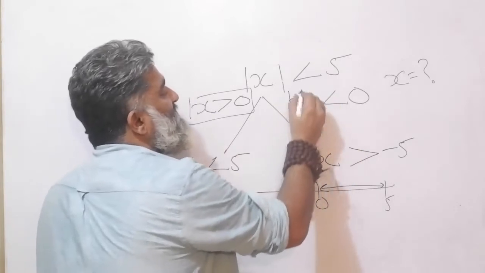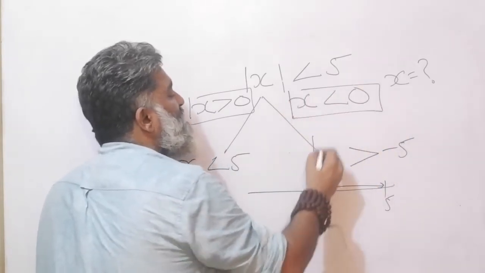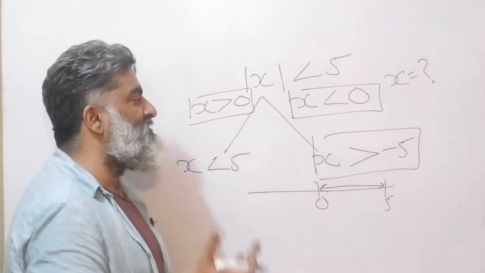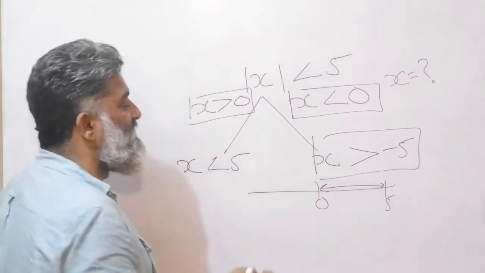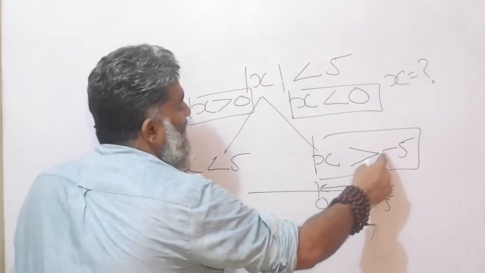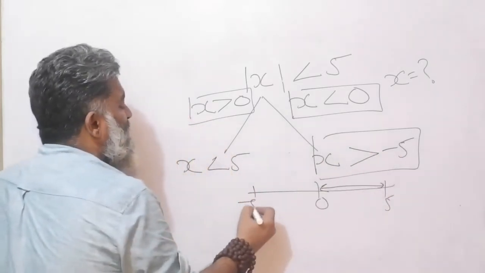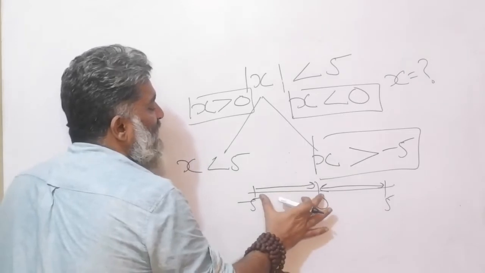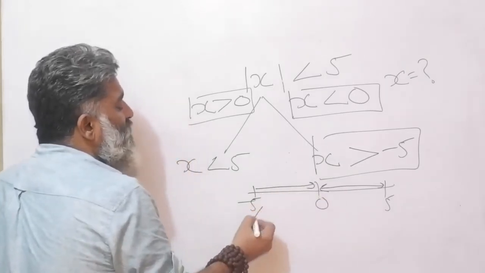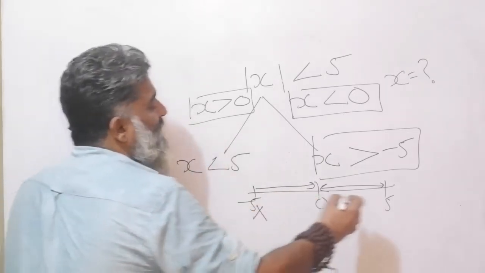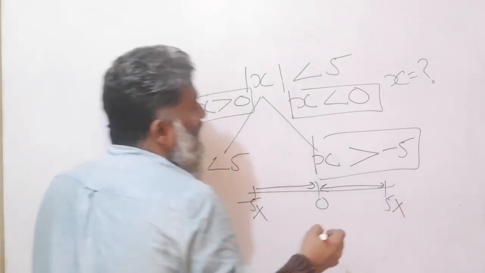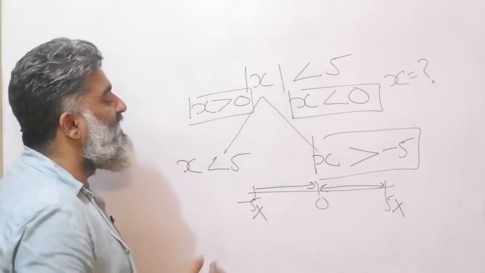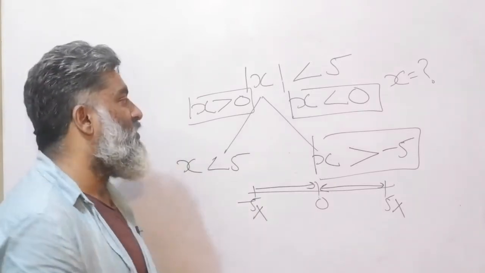Now again, it's just about interpretation, right? This is a story. You just have to really see it well once, maybe 5 times, and you are done with this. And x is greater than minus 5. So think of minus 5, greater than minus 5, that means between minus 5 and 0. Is minus 5 allowed? No. Is 5 allowed? No. Why? Because it said it should be less than 5. So being equal to 5 is not allowed at all.